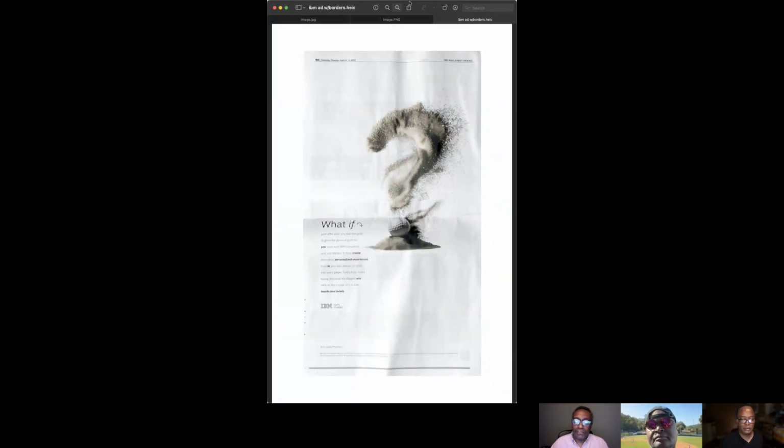Now these are two different perspectives. One's overhead, the other one is profile. But when you put them together, the picture that you get, right? Oh, excuse me, the image you get is a question mark, right? If you put these two photographs together, they read as an image of a question mark. And so the copy supports that image. The copy says, what if? And we know that that's a question from just personal experience.